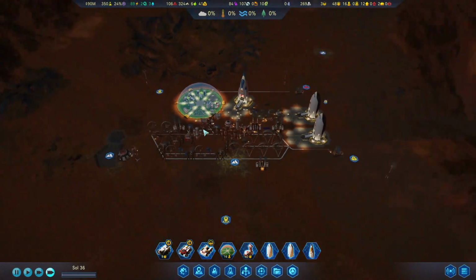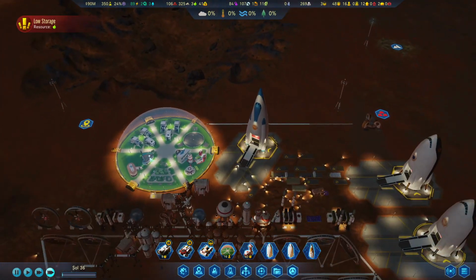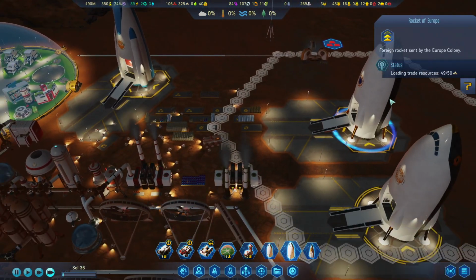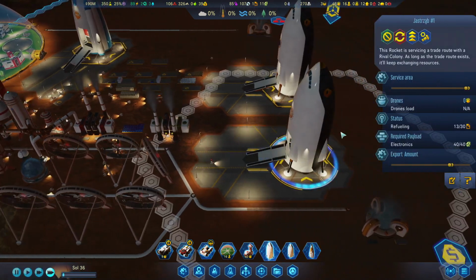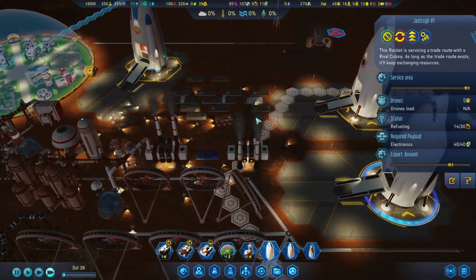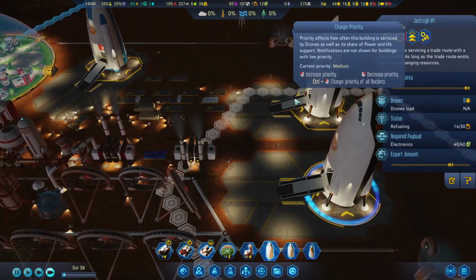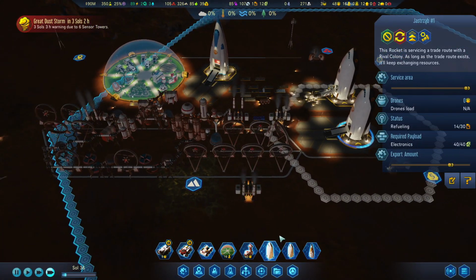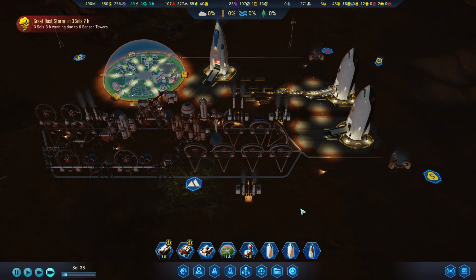But resources are low. Oh, we're running low on resources again because we're trading away 50. We just need fuel in here now. We out of fuel? We are out of fuel. So we can't. Great dust storm approaching. And there's a great dust storm approaching. Okay, well,